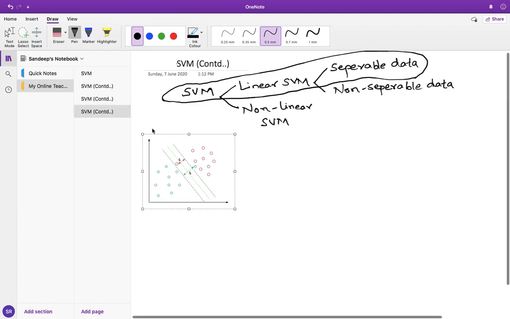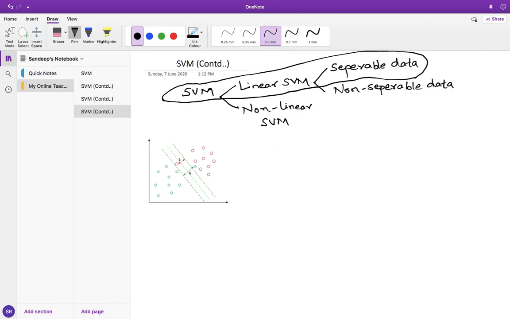Whereas if you take this particular data, the red data point is very much closer to the green points, and this one particular outlier data point is closer to the red points. But it belongs to this class since it's supervised, we already know the label. That's why we assign this green color and red color. Unfortunately it falls closer to the red data points, and now our job is to handle such kind of data, so that falls under non-separable data.